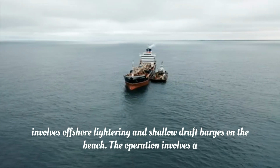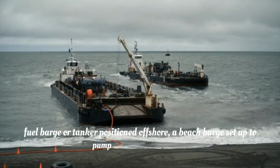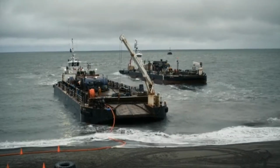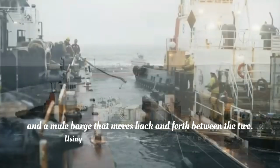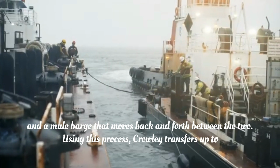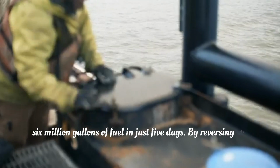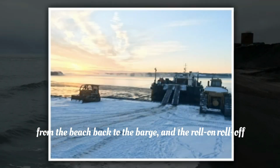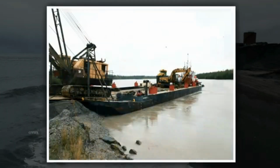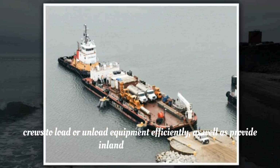The operation involves a fuel barge or tanker positioned offshore, a beach barge set up to pump fuel 24 hours a day, and a mule barge that moves back and forth between the two. Using this process, Crowley transfers up to 6 million gallons of fuel in just 5 days. By reversing the process, Crowley can also take fuel from the beach back to the barge, and the roll-on, roll-off capability of Crowley's barges allows crews to load or unload equipment efficiently, as well as provide inland transportation where